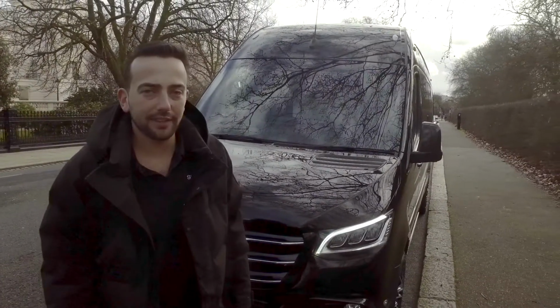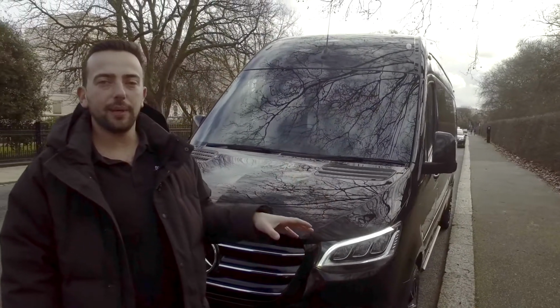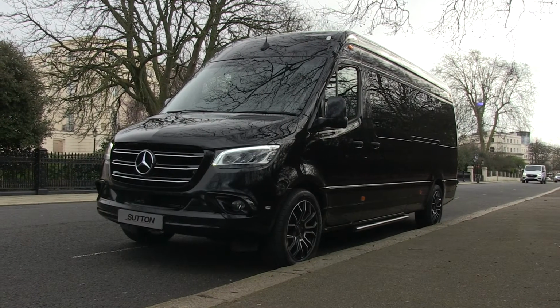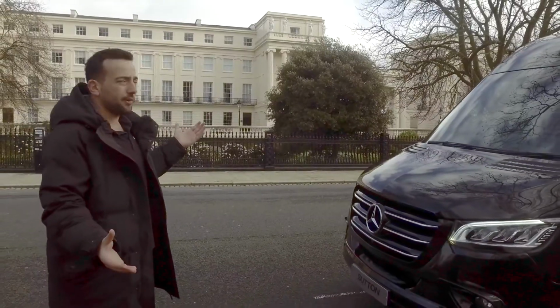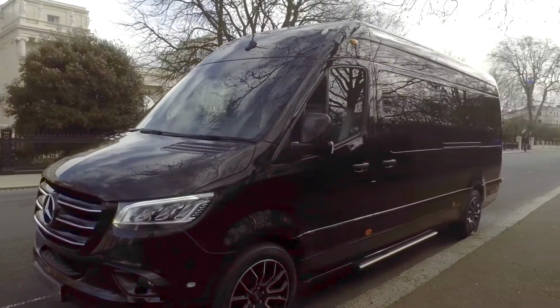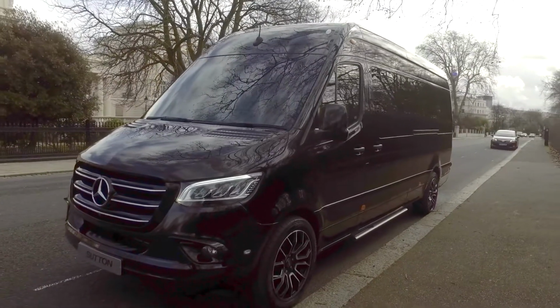We're based in central London, and today I'm going to give you a walk around and demonstration on our VIP class based on the Sprinter model. So these come to us as commercial based Sprinter panel vans. Generally speaking, we don't do a huge amount to the exterior, but do a small amount of upgrades to take the